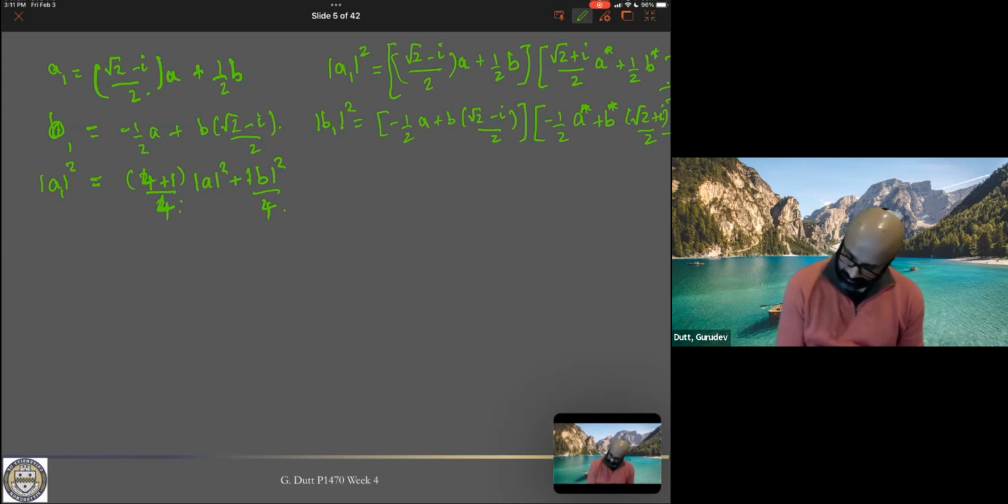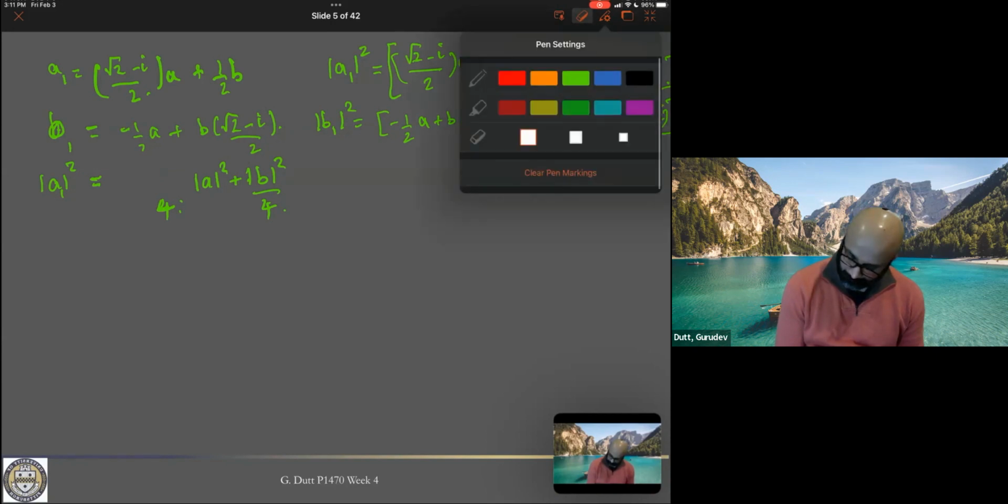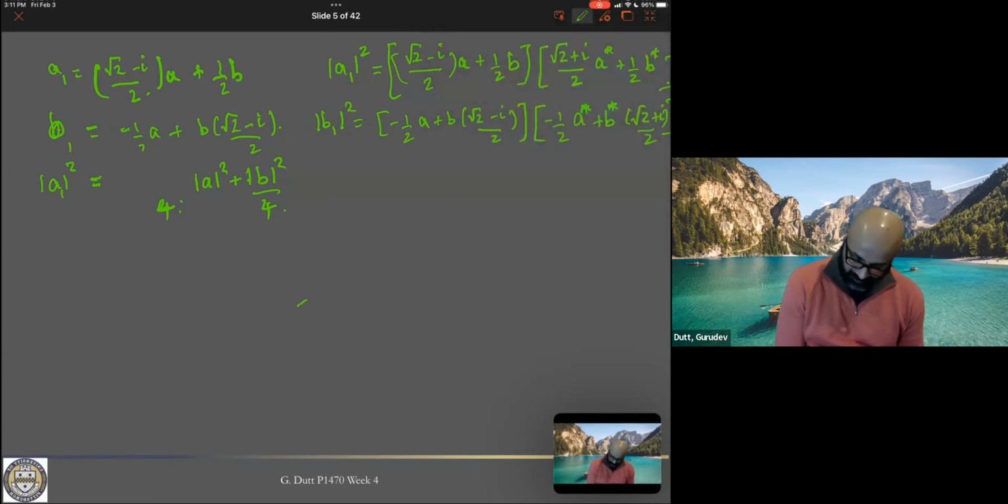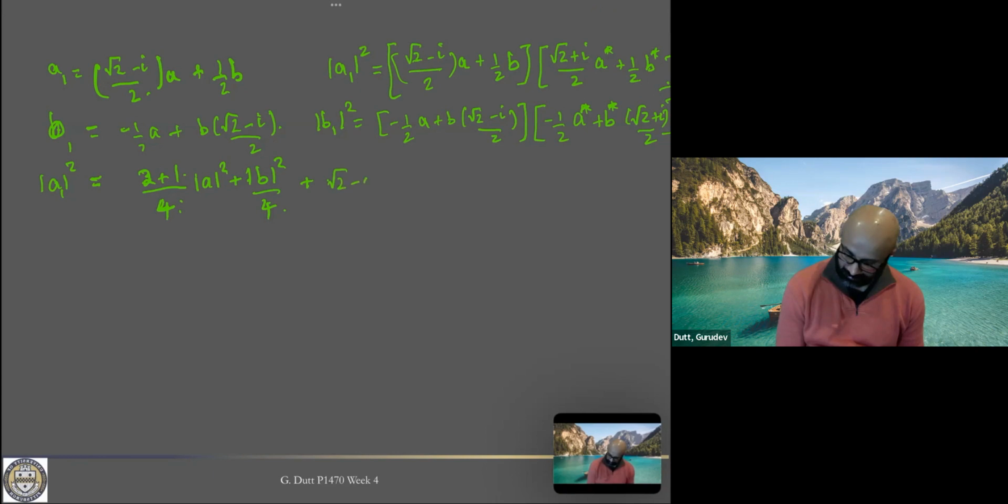Once again, I managed to screw up my norm squared. I don't know. Let me know if this green is worse or better. So that's 2 plus 1, not 4 plus 1. So that's 3 over 4 here. And then we have the cross terms, which are going to be root 2 minus I divided by 2, divided by 4 actually,